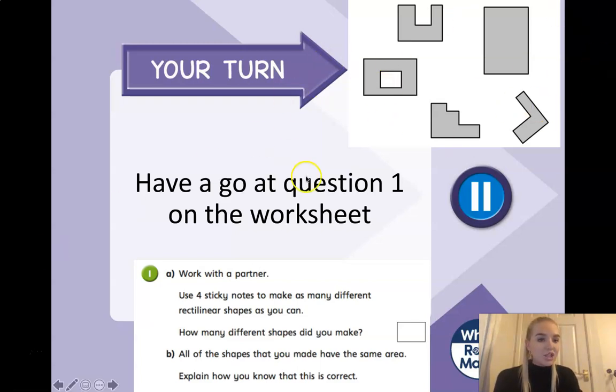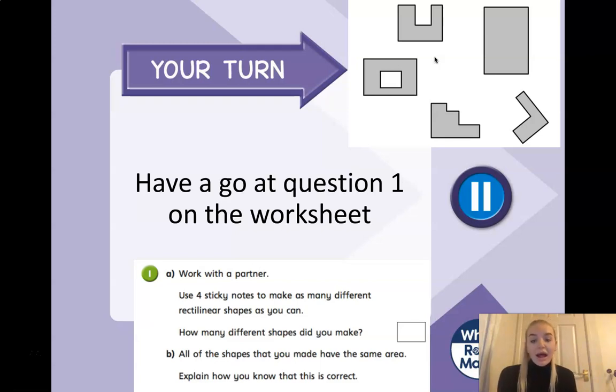I have got a picture here of rectilinear shapes to help you remind yourself what a rectilinear shape is. So Year 4, can you remind me what a rectilinear shape is? Well done. It is a shape that has straight edges and also right angles. Okay, so you can see the right angles here. Fantastic. So it's not a shape that goes in a circle or the edges are not curved. They're actually all straight,